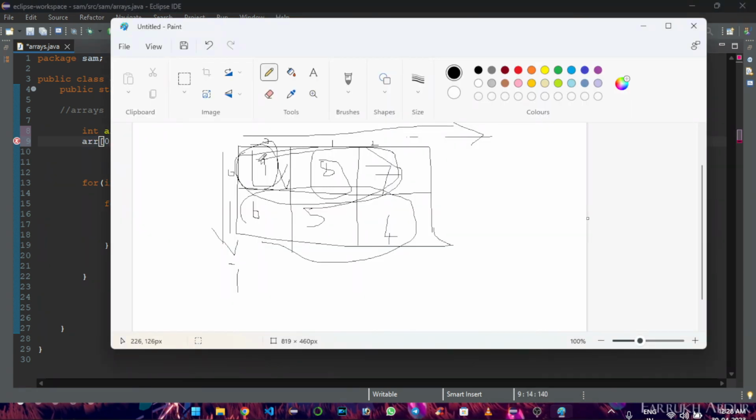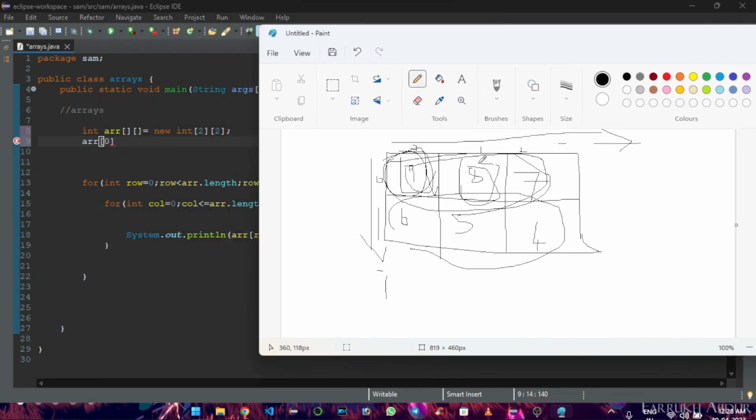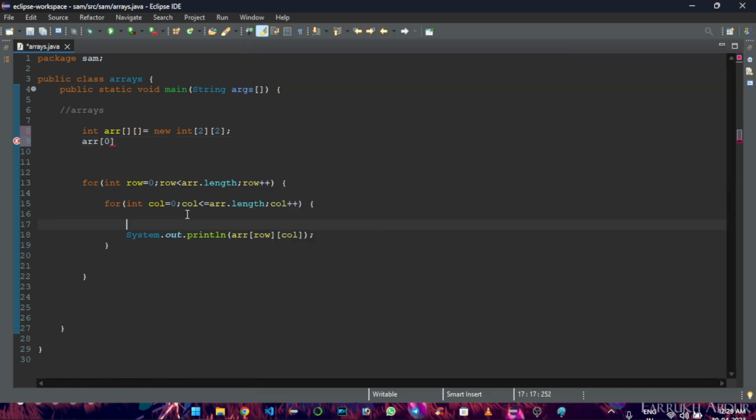Here I use the 0 positions, then first position: 0,0; 0,1; 0,2, like that. Then 1,0; 1,1; 1,2, like that. Here it is followed by array of 0, array of